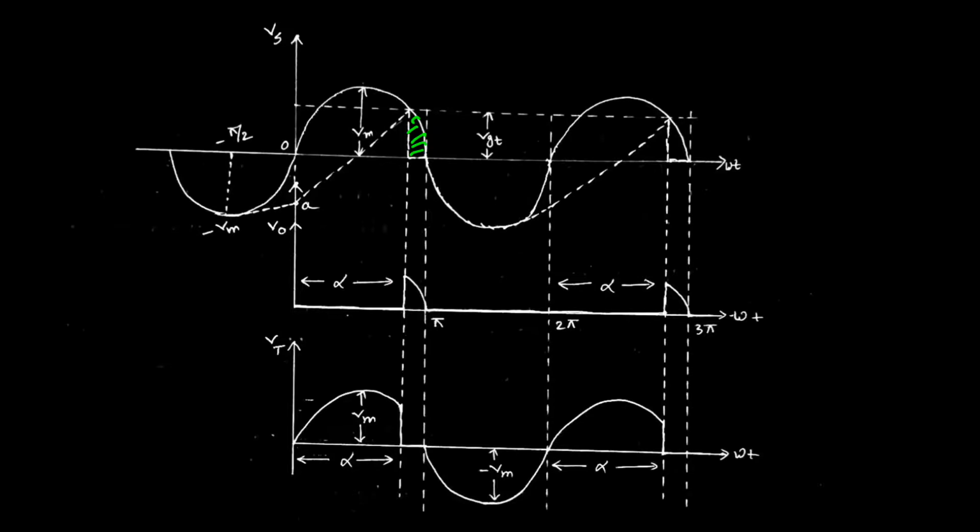That means when the switch was in the off state, the total voltage appears across the switch, defined by this one, right? From 0 degree to alpha, the switch was open, so the voltage appearing across the switch is defined by this one. The shape or nature of the voltage should be taken from the supply voltage. This is the point. That means the voltage across the terminals of the switch should be this one.